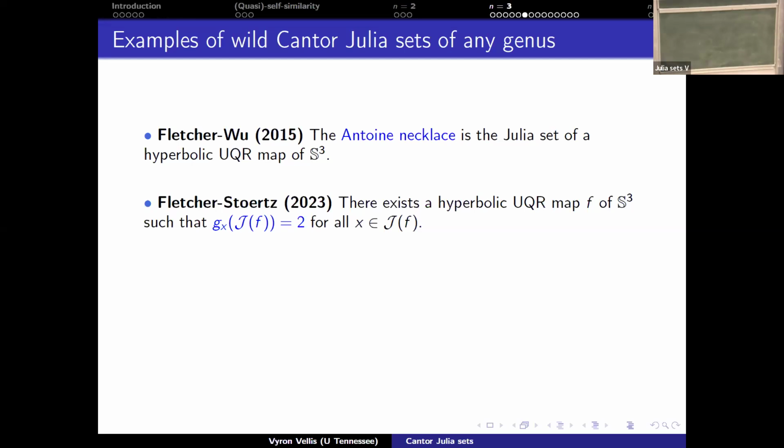So the naive approach is this. We want to start with an object of genus 2. And inside here, I want to put objects of genus 2 linked with each other. So let's do that. This is a genus 2 object linked with this genus 2 object, etc., forming a chain, which I will iterate again and again and again, right? That's guaranteed to be self-similar.